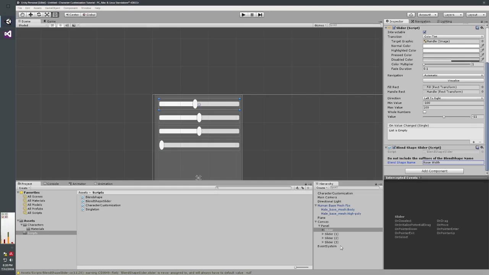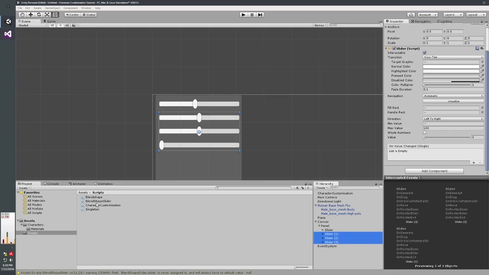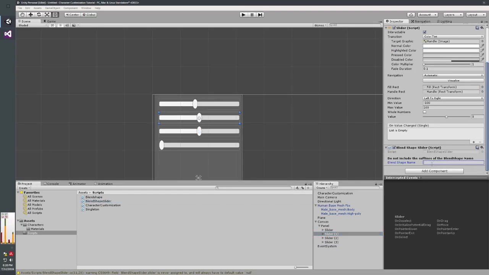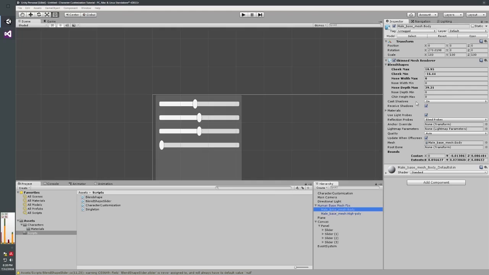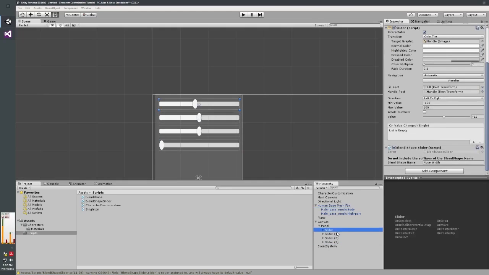Let's look at our slider. Let's set up all our sliders. So let's just highlight, shift, and do all that. And let's just drag and drop a blend shape slider. And this is specifically for our sliders. And let's go through and name each one. So what do I have exactly? I don't remember. I got cheek, I got nose width, and I got nose depth. So what did I have for the first one? Nose width. So cheek,